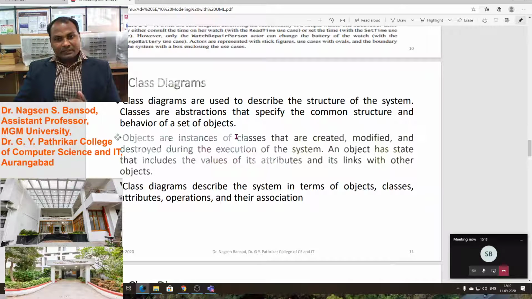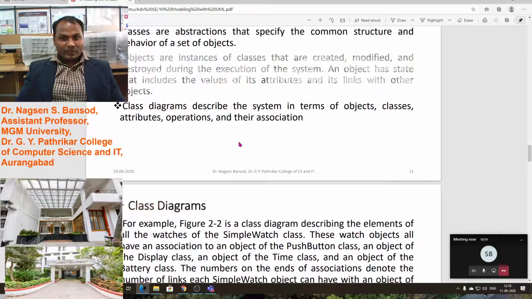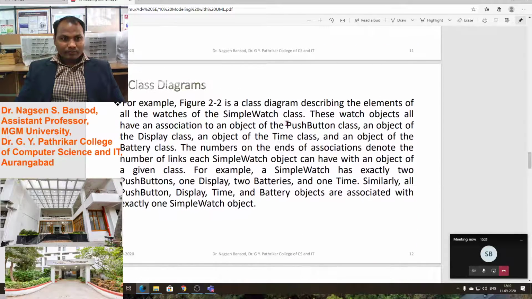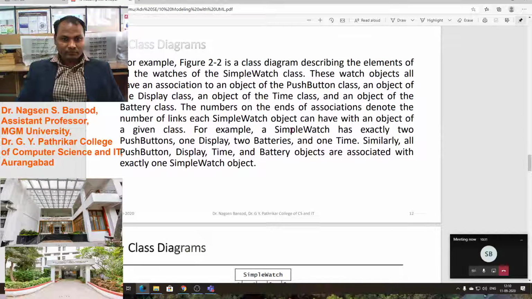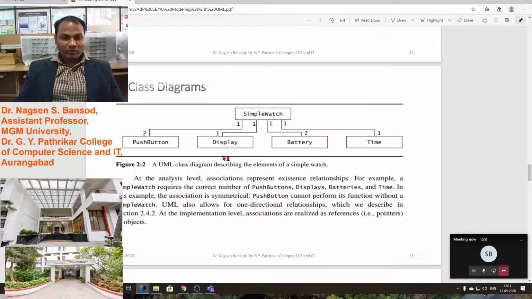It describes the structure of the system, and common object structures and classes we can show with the help of a class diagram. This is one example.